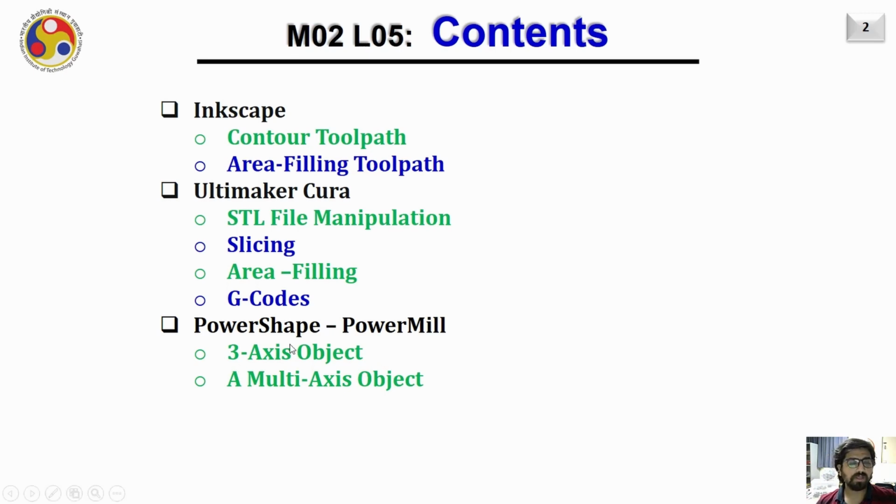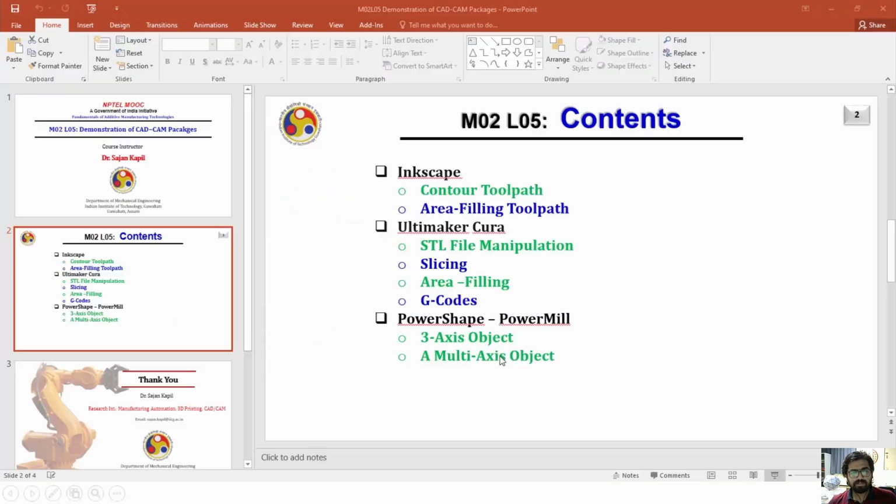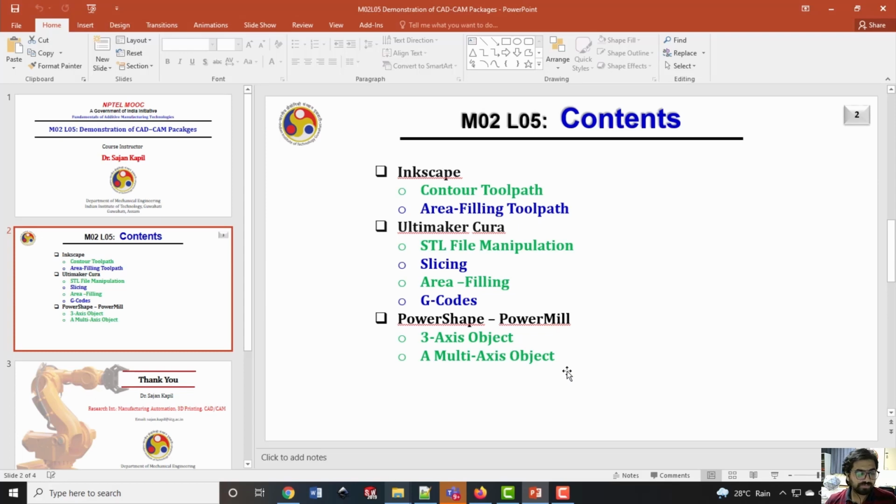Here we shall discuss the objects that can be realized on 3-axis CNC machines or 3-axis manipulators, and we shall also discuss toolpath planning for multi-axis CNC machines or manipulators. So let us start our discussion with Inkscape. As I said, Inkscape is vector graphics software which is typically used to create vector graphics,